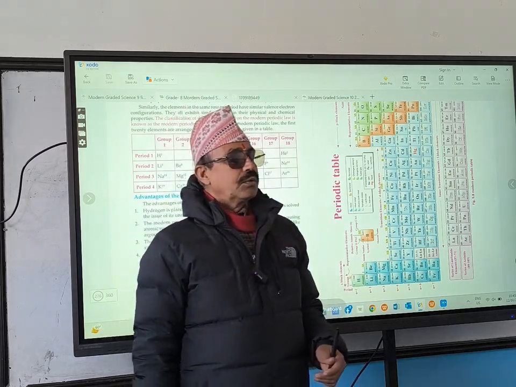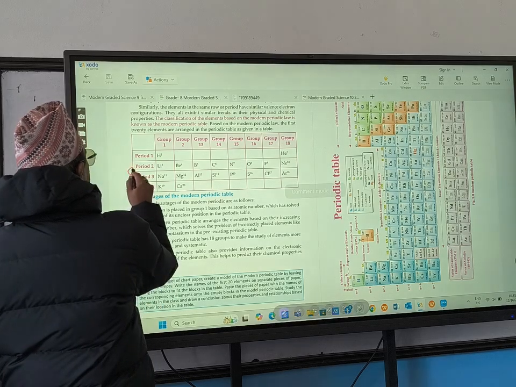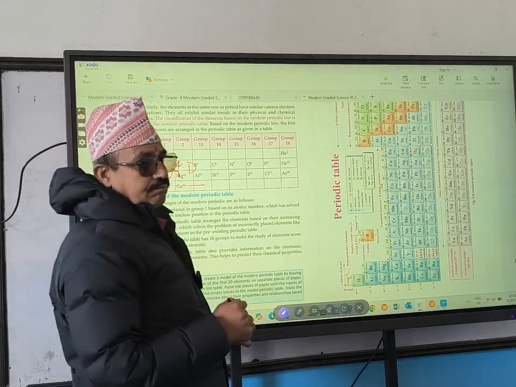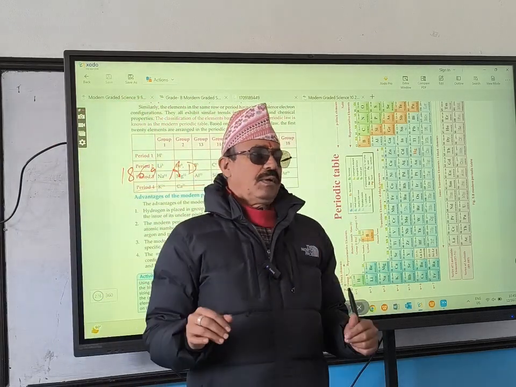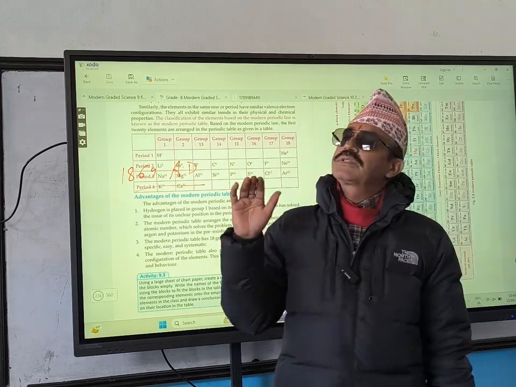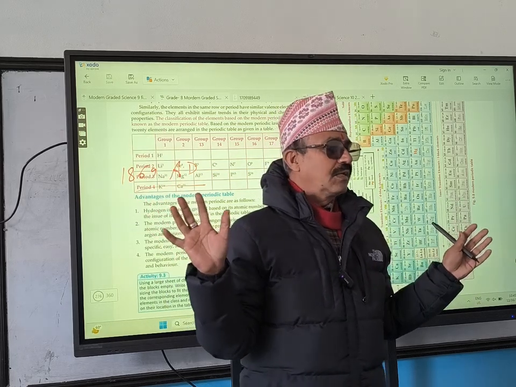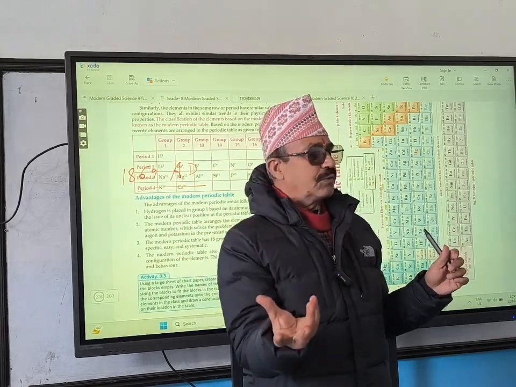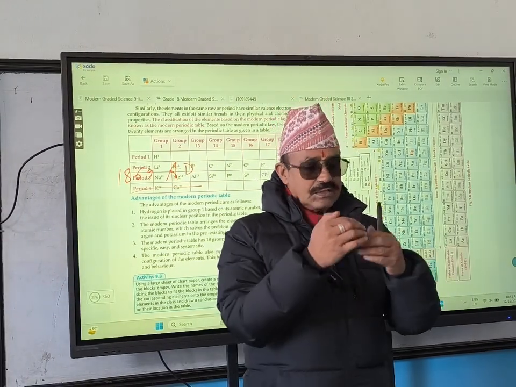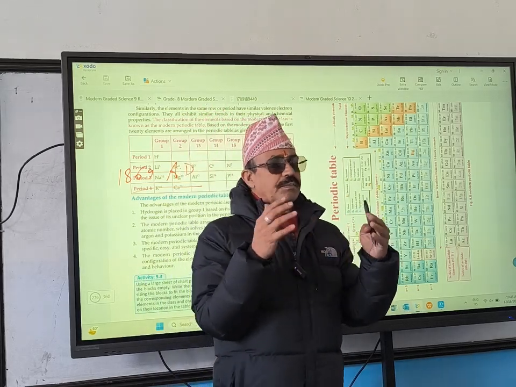Mendeleev. He gave that idea in 1869 AD. In which year? One thing to remember: the first iPhone and iPhone 16, do they have similar features or different features? Many different features are there, right? Size also differs, application differs, quality differs, right? So in the same way, Mendeleev made the